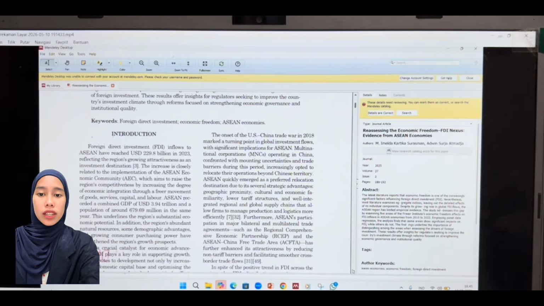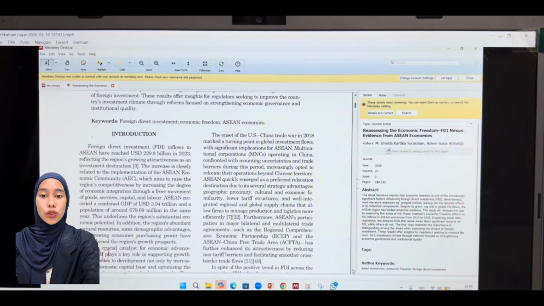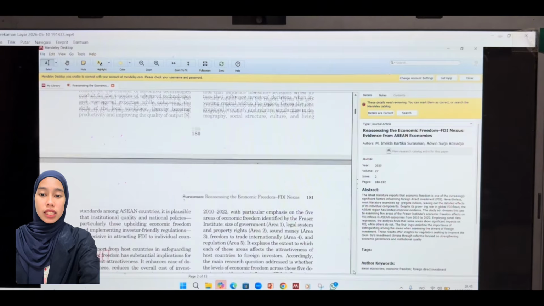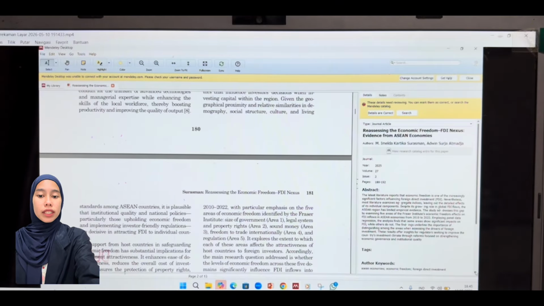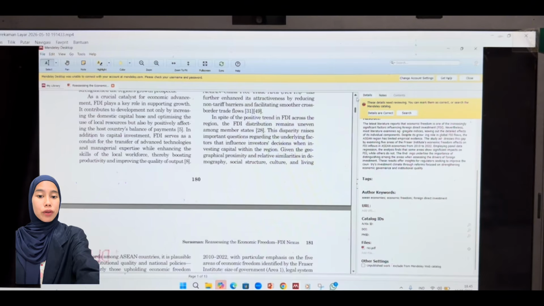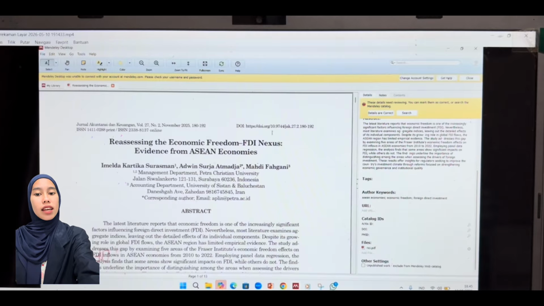Now, for the other two journals, whether it's an international journal or another national one, the steps are the same. We still use the Add Files feature and perform the same metadata check.